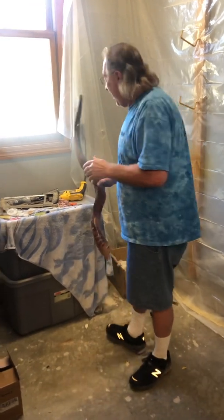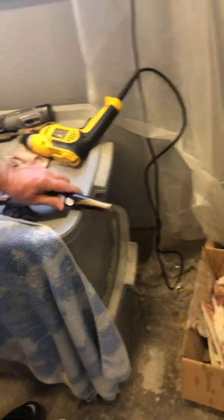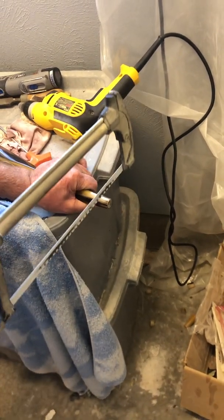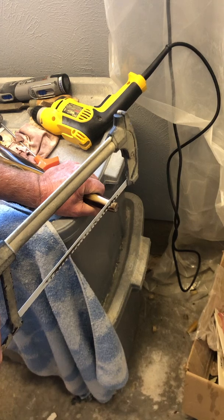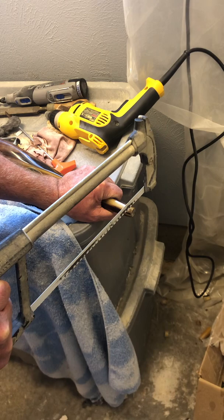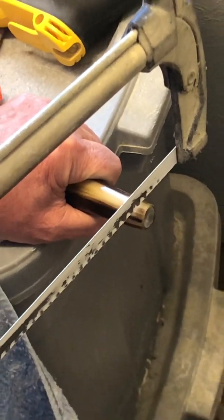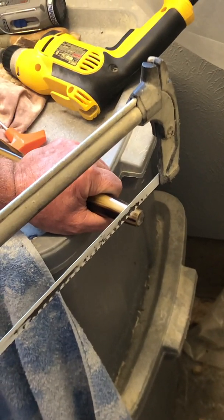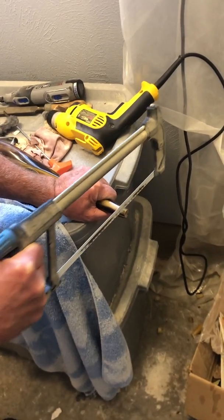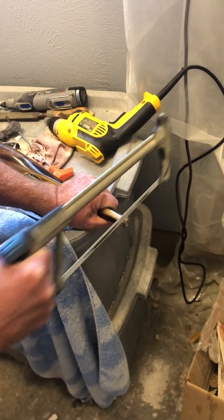I recommend using a hacksaw, and you want to cut a small amount off the mouthpiece end. I suggest cutting only 1/4 of an inch at a time, because if you cut off too much, you can't put it back on. So you want to use a hacksaw, not a power tool, because a power tool vibrates, and that vibration can actually break the shofar. So you want to use a hacksaw, take off a small amount, like 1/4 inch, and you want to cut through it, and you want to let the hacksaw do the work. It's a slow process,